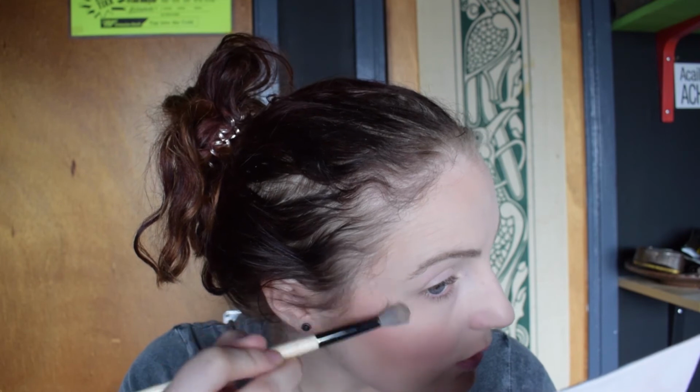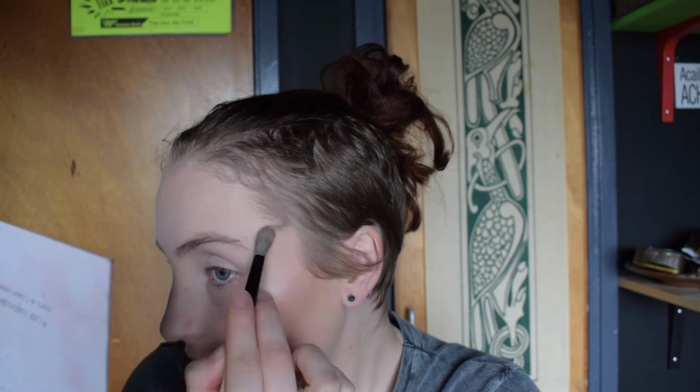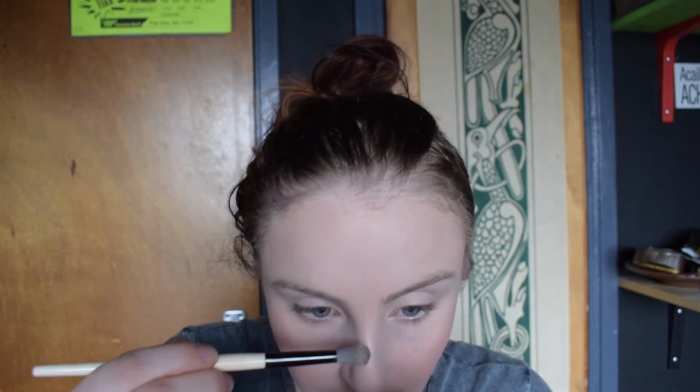Actually, I'll do some highlight first and then we'll go into doing the eyes. So I'm going to take my Shaaanxo palette and take the highlighting colour from it. But you know Shaaanxo, if you want to do a highlight palette, I will be there. I will be down for that. I'm just taking a smidge. I'm not going to go as crazy as normal because I want to do a lighter everyday kind of glow. I start off on the highest point of the cheekbone and then blend whatever's left up the sides there. Then the brow bone, and just a little bit on the bridge of the nose,